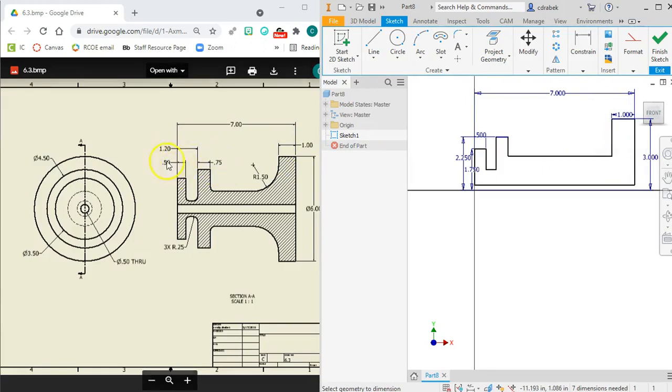We know we did the 1/2 inch already. From the edge to this first surface is 1.2. And the length of this is 0.75. Okay, so here we have,